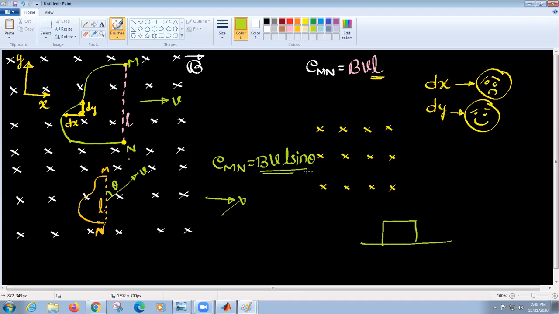Both have the same meaning. If you work on it, you will get the same answer. Just go home and think about it. You project V or you project L, whichever you want, and see. You can project V directly and check it out. You will get BVL sine theta as the answer.